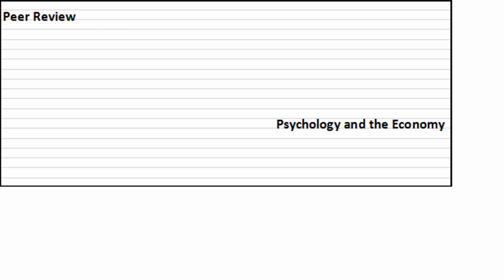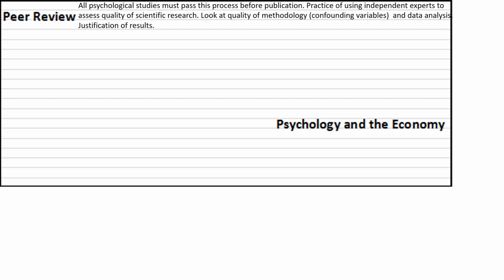Okay, let's have a look at peer review. This is a process that any practicing psychologist who needs to publish their research, get their research out there, is going to have to go through. The idea is, once you've conducted your research and once you've written it up, you need to have somebody else look over it and check to see that effectively it's just not a load of rubbish or it's not too biased. So they're going to check the quality of the scientific research which is inside of your paper,